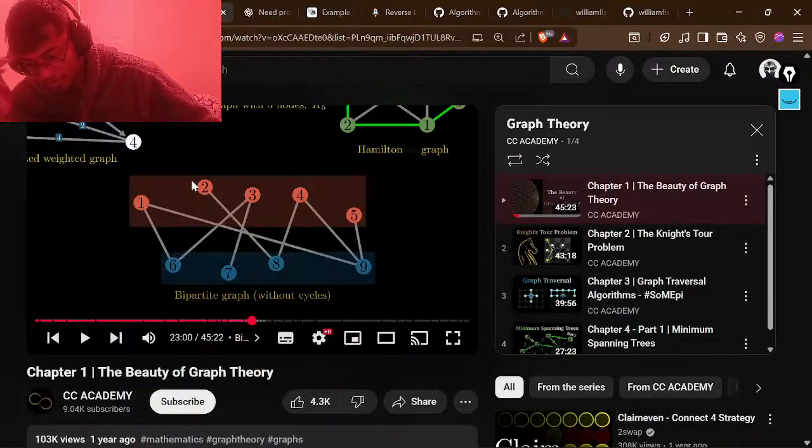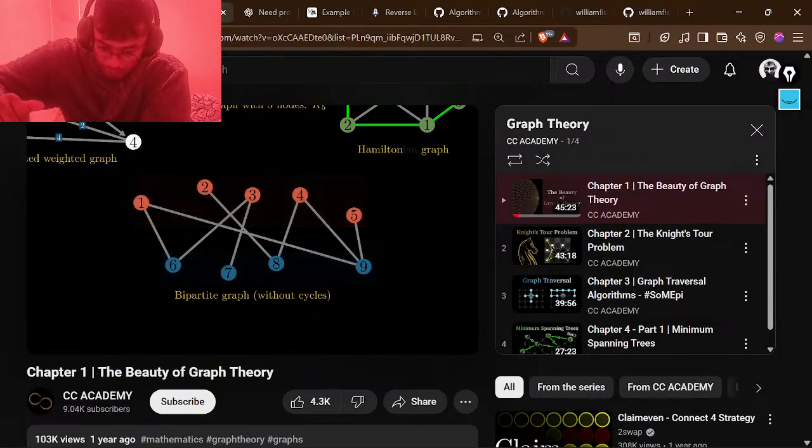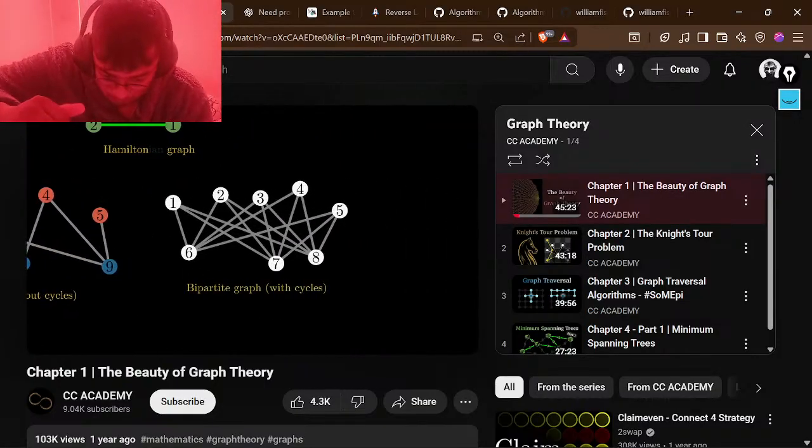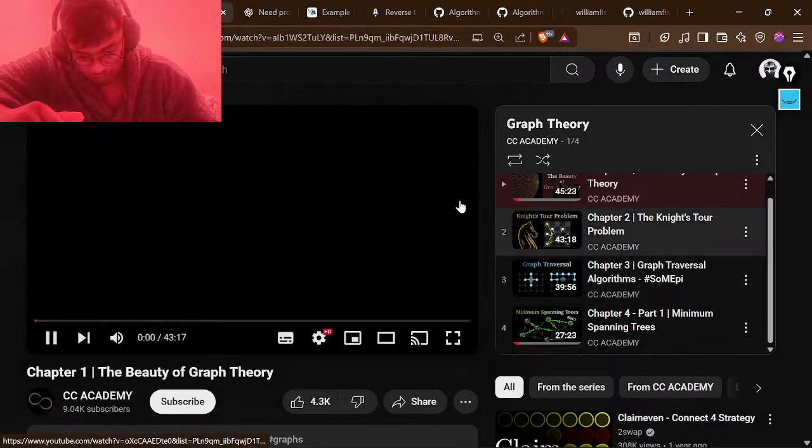Okay, let's finish. Between the red and the blue nodes, this is a bipartite graph without cycles. Important to note is that a graph with cycles can also be bipartite. Furthermore, a graph is in general bipartite if and only if every cycle